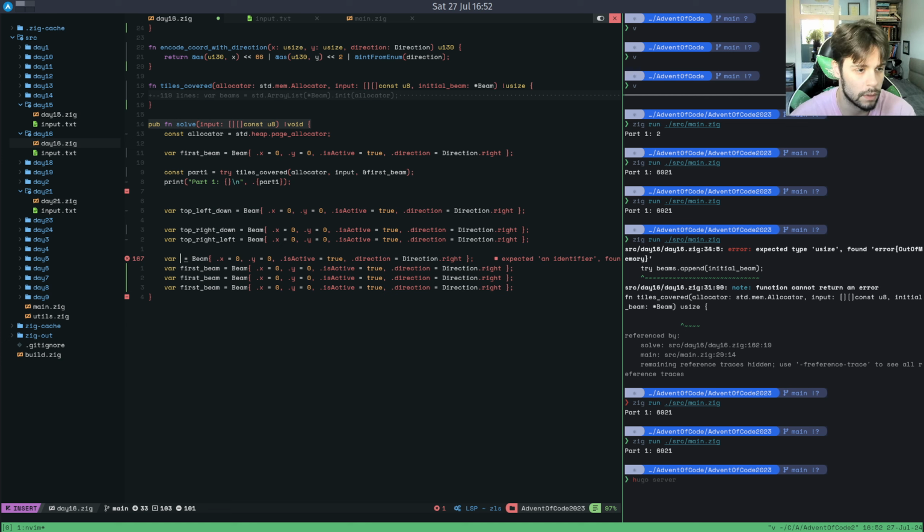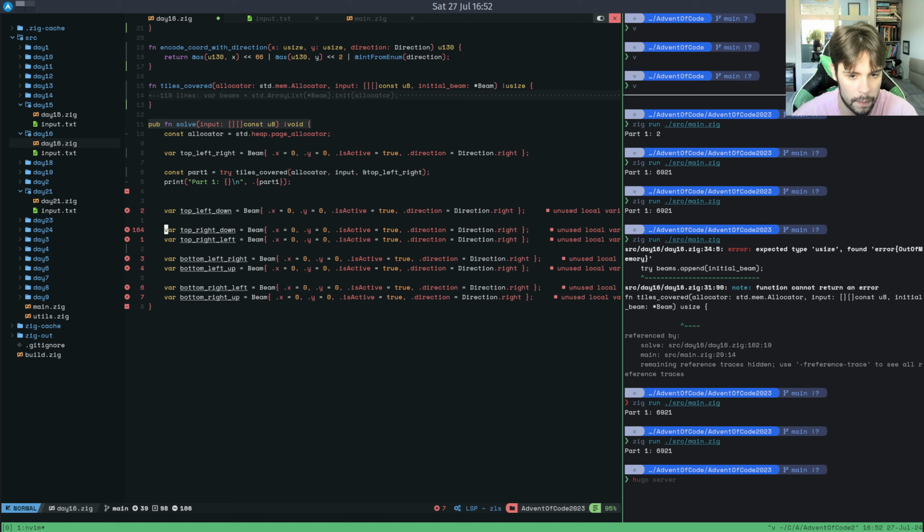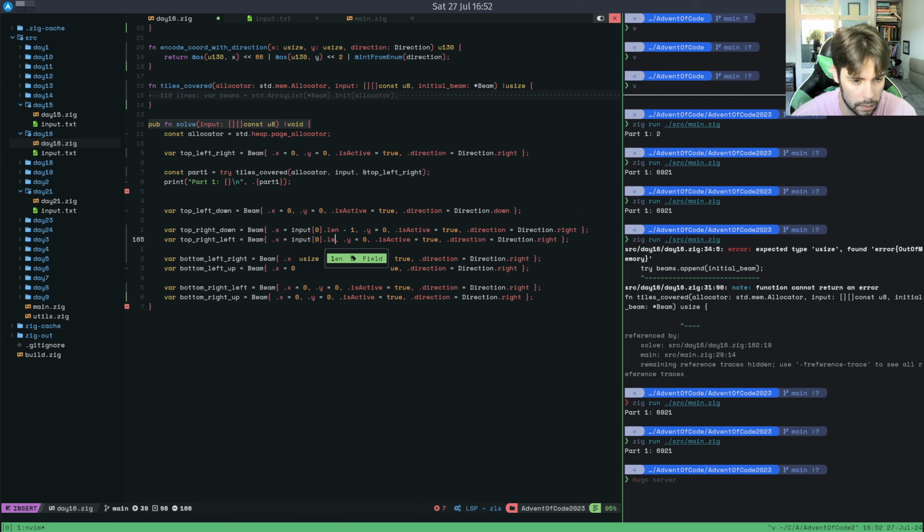So that's both the left ones. This can be top left right. And then this is bottom left right, bottom left up, bottom right left, bottom right up. So top left down, top right input 0 dot length -1, input 0 dot length -1,